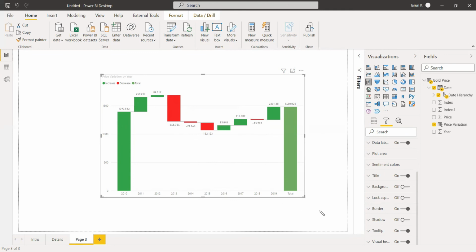It is basically for financial data or official period or performance data, it will be easy to understand with this waterfall chart. So I hope it will be understood by you.